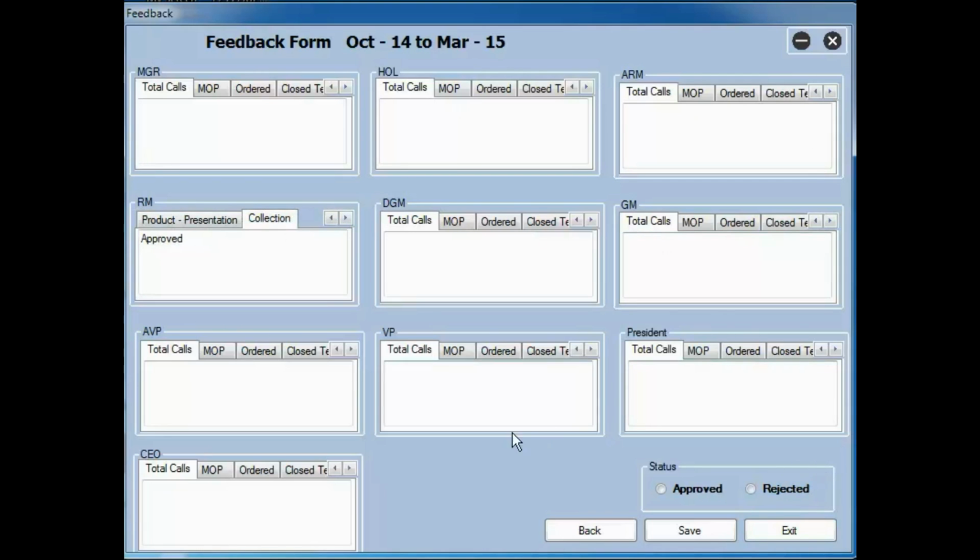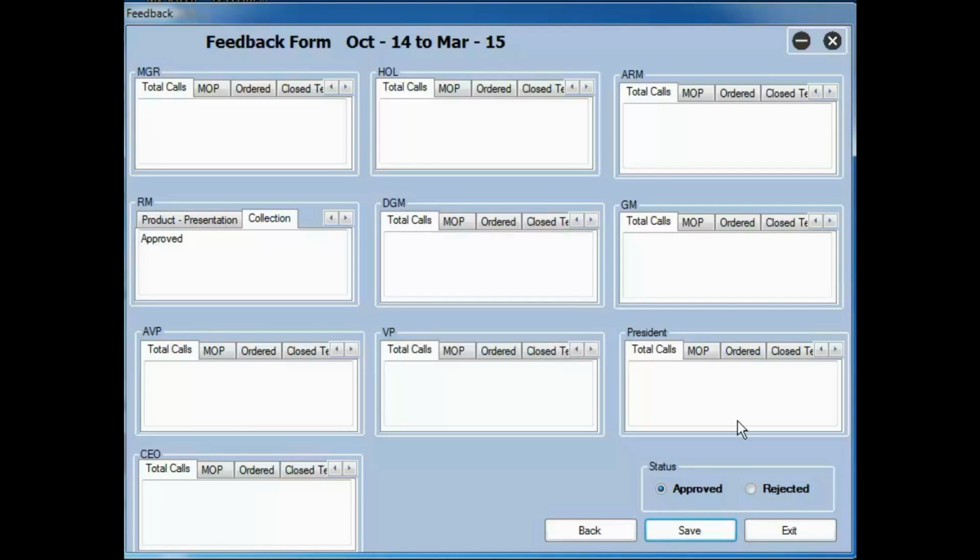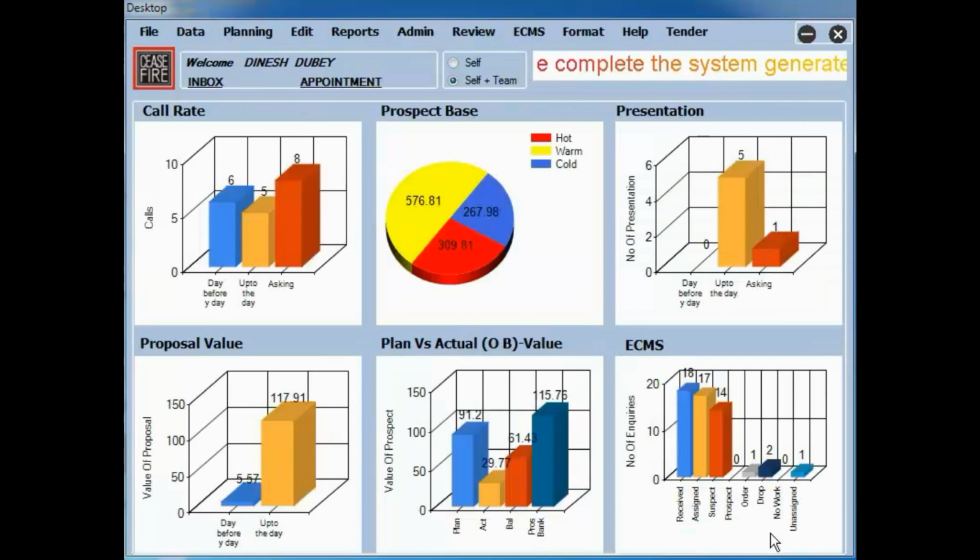Now let's assume that if you had said that things were not approved here, you will press rejected. Since it is an approved case, we will say approved and save. So planning has got approved over here. We press OK and exit back to the main.